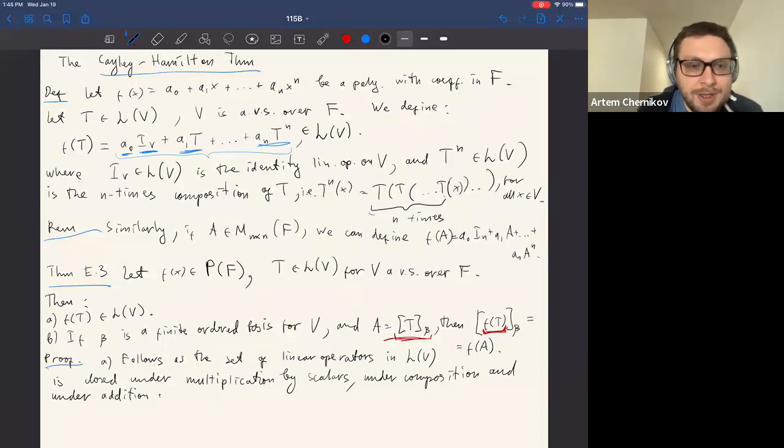Now the linear operator f of T is obtained by applying these operations finitely many times. As we see from the definition, we have finitely many applications of composition, addition, and multiplication by scalars. Since L(V) is closed under all these operations, it follows that f of T is also in L(V). This is part A. For part B, we are just going to write it out and see that it compares. So part B follows by the basic properties